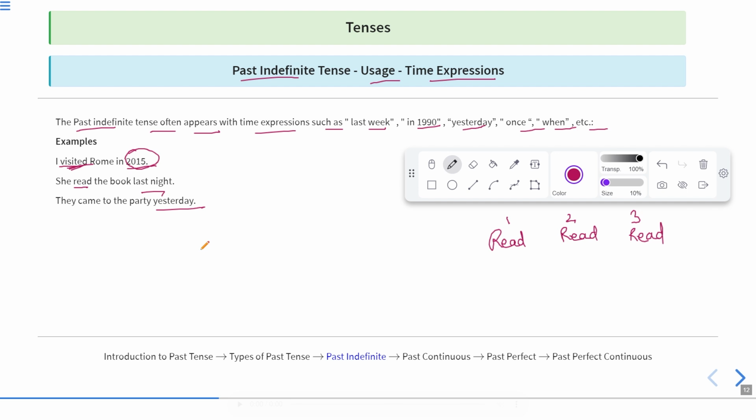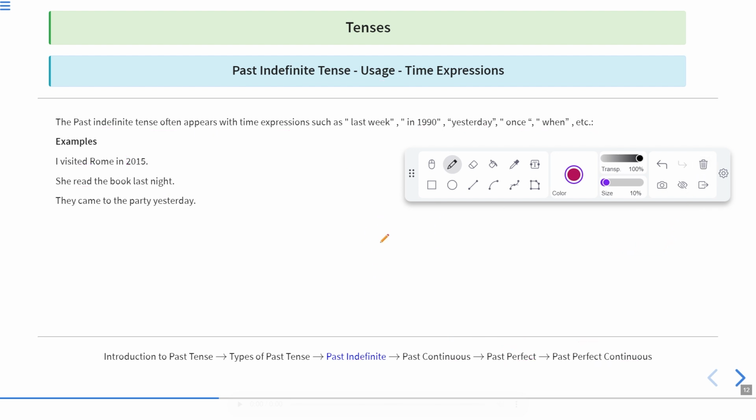Okay. Now, up to here, we have already covered past indefinite tense, but past continuous tense, past perfect, and past perfect continuous tense, these three tenses will be read in the next part of tenses. Till now we have already covered past indefinite tense in this session. In the next session, we will be discussing another three types, that is past continuous, past perfect, and past perfect continuous. Now these will be elaborated in the next session of tenses. Okay, now let me clear all these things once again.